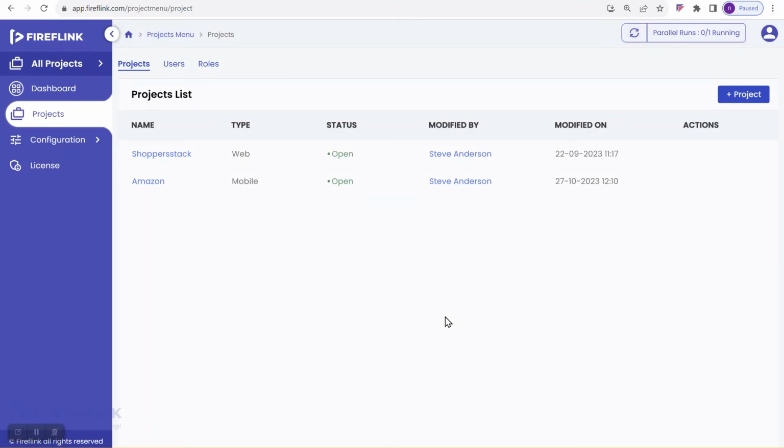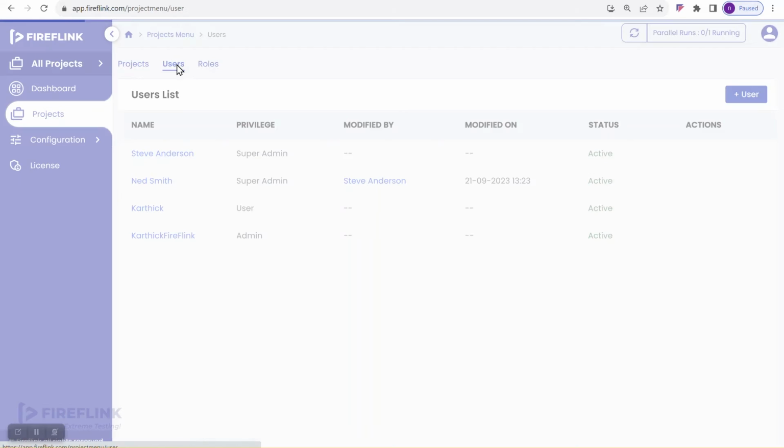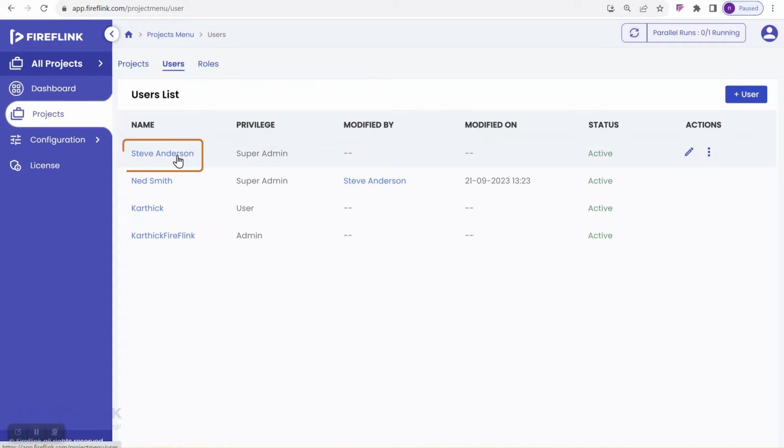So once you click on switch, we can see now Netsmith is present in whose license? Steve Anderson's license. So how do I say that? If you can see, if I go to users, who is the super admin? Steve Anderson. Meaning that whose license is this? Steve Anderson's license, right? Now in this license, Steve Anderson is a super admin, even Netsmith is a super admin,